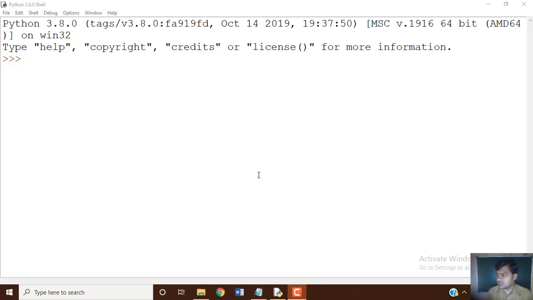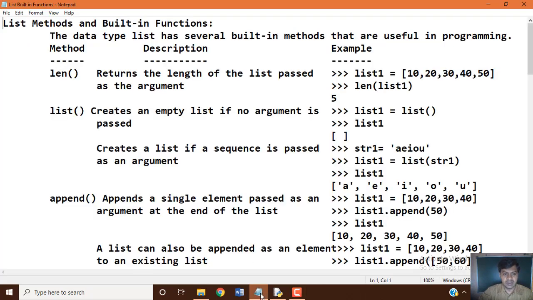Today we'll make use of those functions in the Python editor, and you can observe the practical output, like append, length, insert, sorted, extend, index, and so on, all the functions which we saw. Let's see one by one how we can do it.